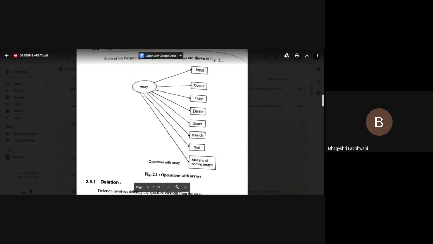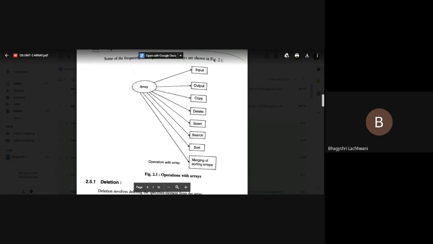What other modifications will be there? Where you have to insert is the main question, because insertion can be at the start, at the end, or in between. If you want to insert at the first position, then all the successive elements you have to shift right by 1 position. This was the first condition. Second condition: if you have to insert a new element at the last position, there is no need to modify the already existing array elements, you just add that element at the last position.